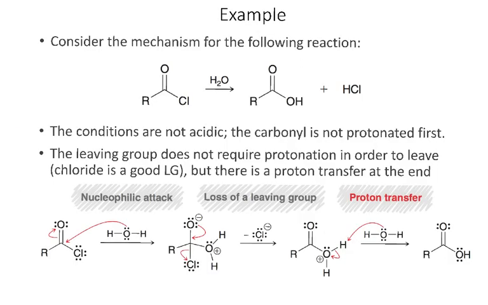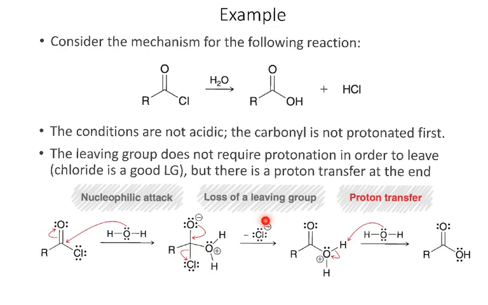Okay, let's finish off with another complete example, and then I've got another video that's just another example of drawing the mechanisms for these nucleophilic acyl substitution reactions. So here I have an acid chloride where I'm going to react it with water to form the carboxylic acid. Now, we're reacting this with water, so we're not under acidic or basic conditions. So when we're not in acidic conditions, it's okay to start with a nucleophilic attack. It's okay to make this negative charge on the oxygen because I'm not in acidic conditions. So we start with a nucleophilic attack. We form the tetrahedral intermediate. Then the chlorine pops off